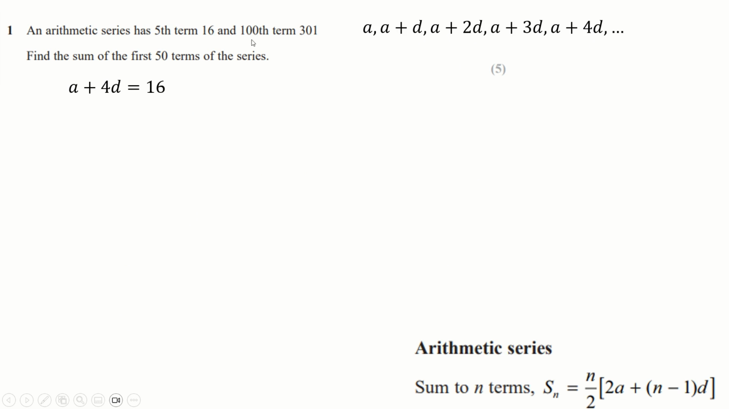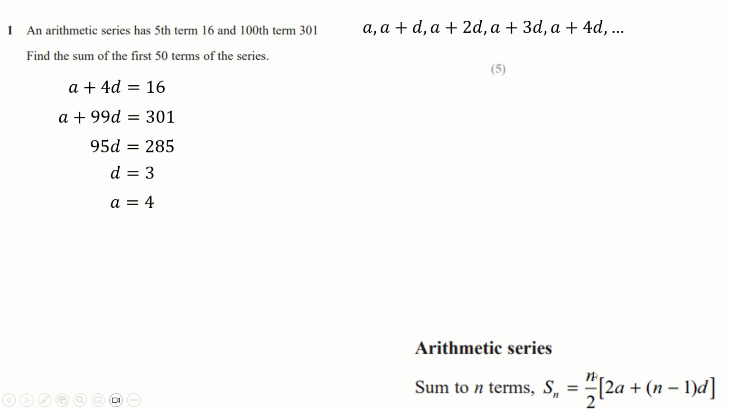And the 100th term, well, of course, if the fifth term is 4d, the 100th is going to be 99d, just because the first one doesn't have a d next to it, so it's always one less. That's 301. Do this, take away this, you get this, divide by 95 for this, and then substitute it back in for this. And then the sum of the first 50 terms is just using this formula,